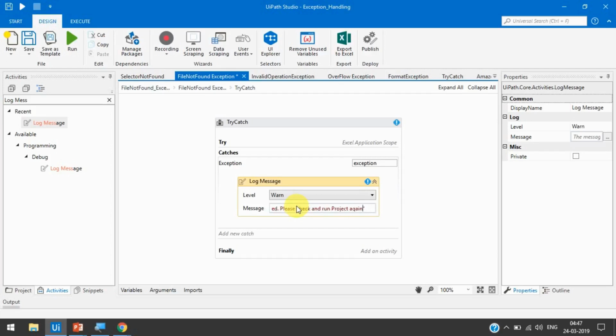And now we can just put here exception dot message, so that it will show to the user, or if the programmer can understand, right? And now we can run this.